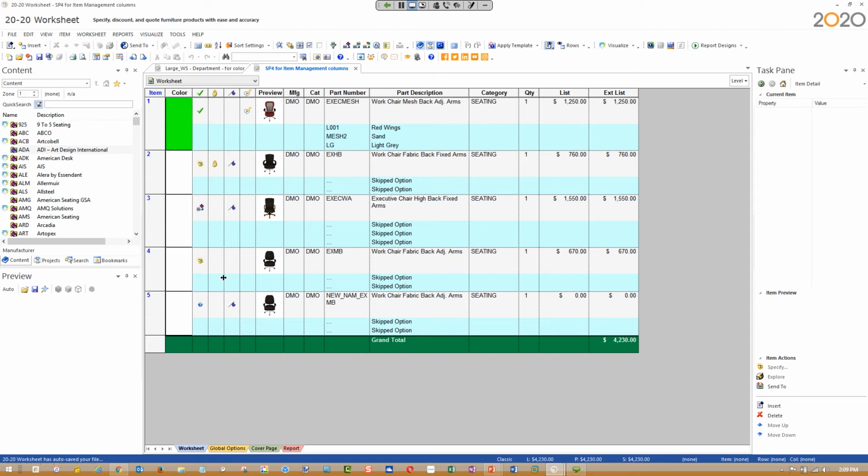So that's a quick once over of what these things are. Now, how would we use them? The complete column is a flag to show you what things might need to be done to your worksheet. The lock column here locks an item so that something can't accidentally be done to it. So you might want this if you have specific options on it that you don't want to